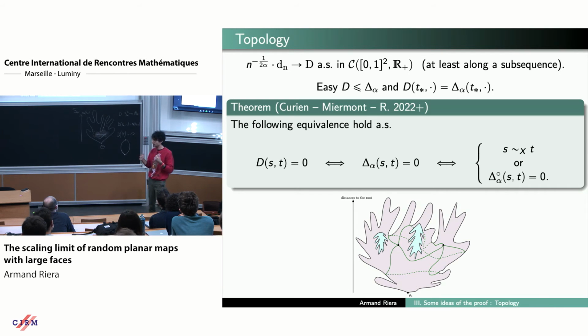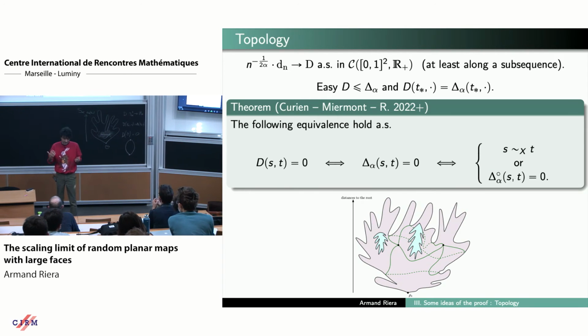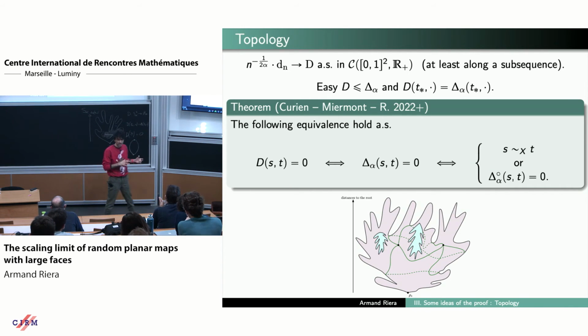Here, you only need to show that you have really faces cutting each level. And this is just an argument using René-Wald theory, but it's not the difficult part. So, if you want, the moral of the idea is that in the Brownian sphere case, everything is explicit, and you have the Brownian snake to work with, so you can really make exact computations and so on. Here we don't have really exact computations, but we have